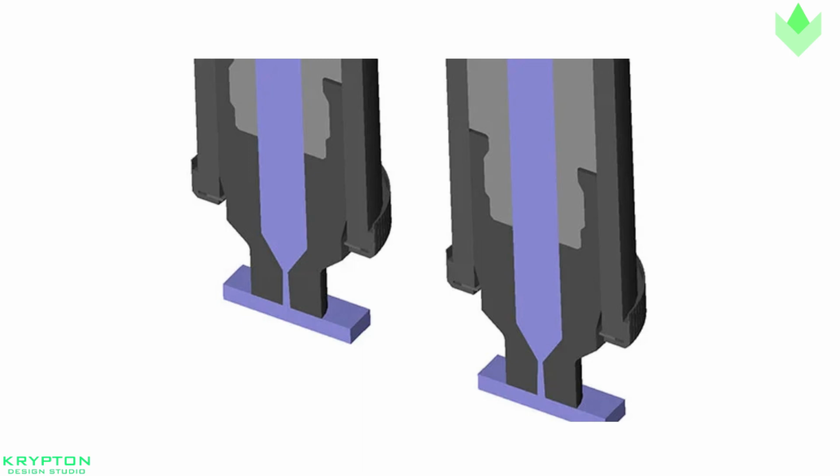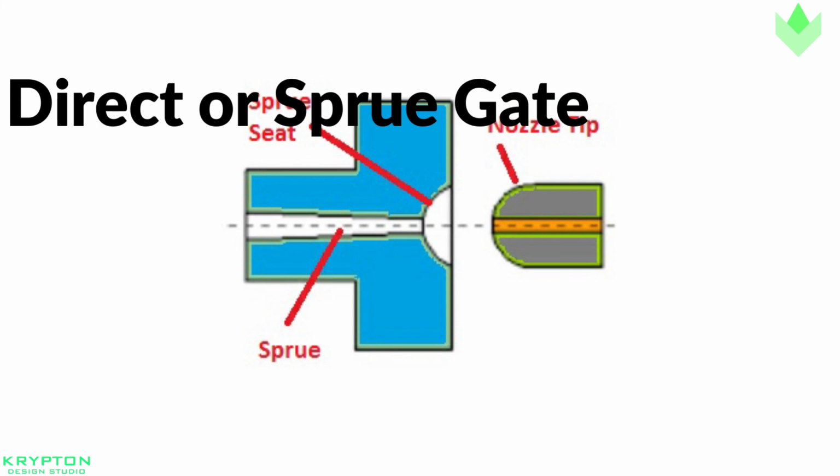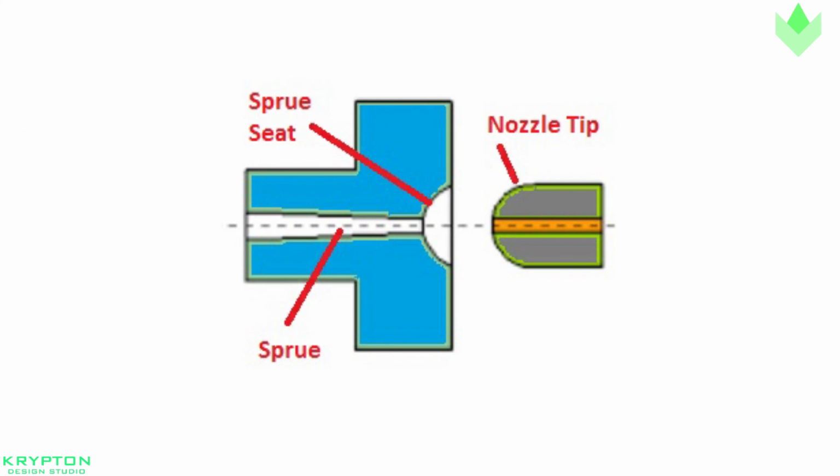Direct or sprue gate. The direct or sprue gate is a manually trimmed gate that is used in single cavity molds of large cylindrical parts that require symmetrical filling. Direct gates are easiest to design and have low cost and low maintenance requirements. Direct gated parts are typically lower stressed and provide high strength. This gate leaves a large scar on the part at the point of contact.